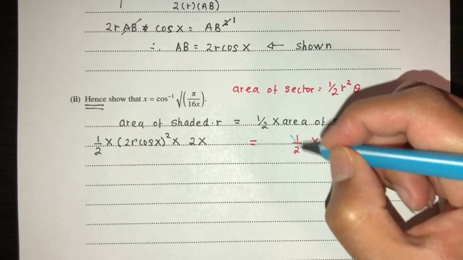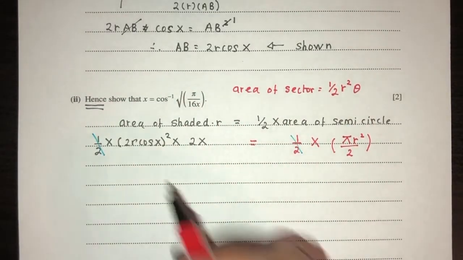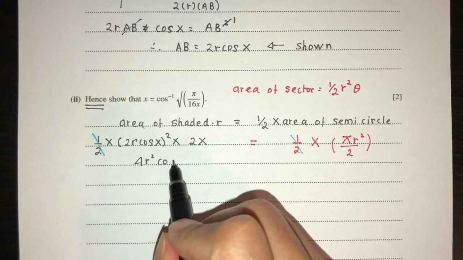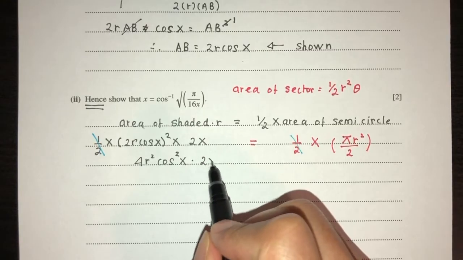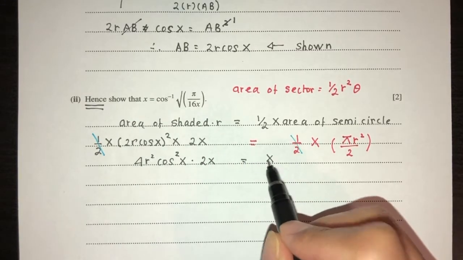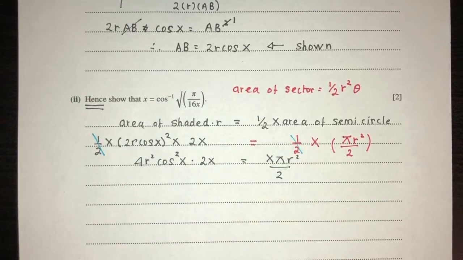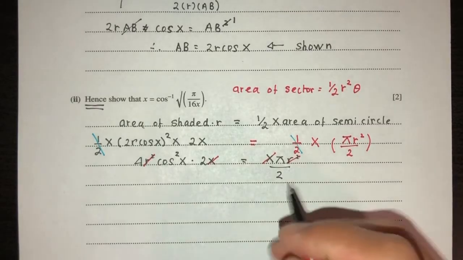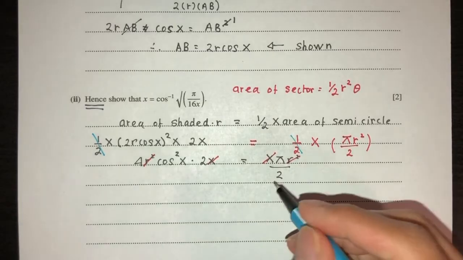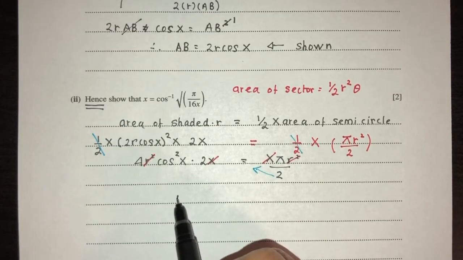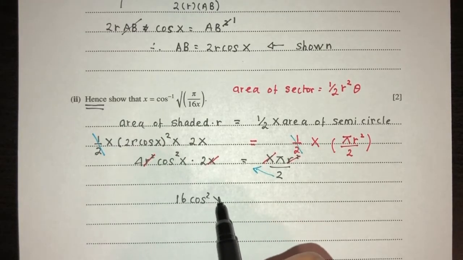Now if you observe, these two cancel out. If you expand, on one side you will have 4 r squared cos squared x times 2x is equal to x pi r squared over 2. Next step, here the x cancels out, and here the r squared cancels out. We can also send the 2 over here, so 4 times 2 is 8, times 2 will be 16. 16 cos squared x is equal to